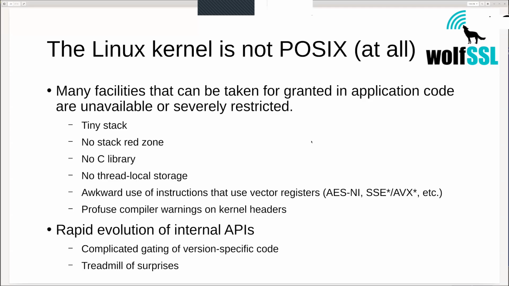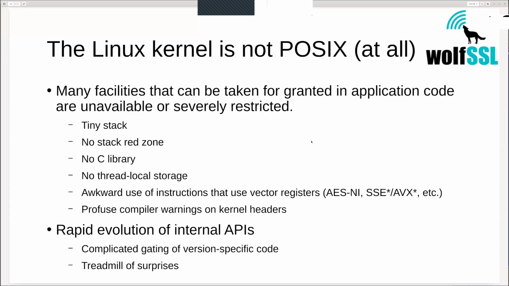When you build libwolfSSL, we have the compiler set to a very high standard of code cleanliness, a low threshold for warnings. So we have -Wall, -Wextra, and several other warnings turned on, and we make certain we stay clean on all of that on all of our supported targets, which is essentially all targets, because portability is front and foremost for us. You can't do that with the kernel, especially with older kernels, because